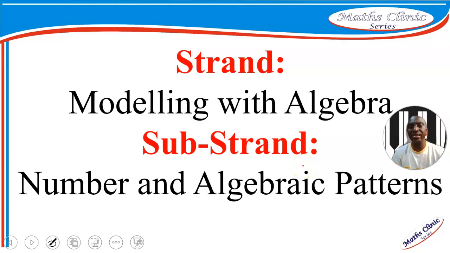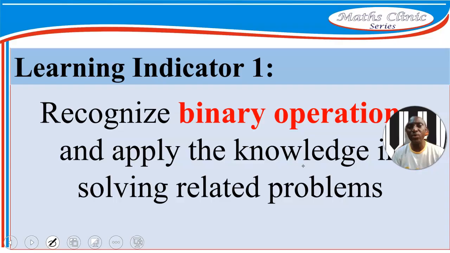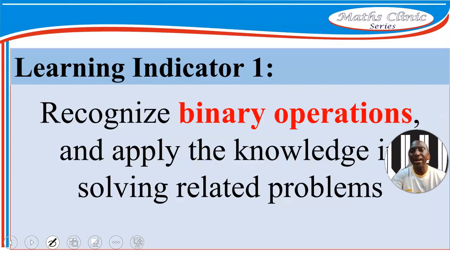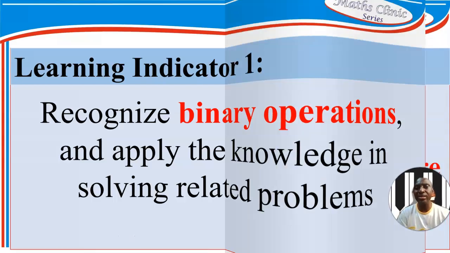In our previous lessons, we were looking at the very indicator binary operation, that is recognizing binary operations and applying the knowledge in solving related problems. In this lesson, we are going to look at indicator number 2. The first two videos talked about indicator number 1, when we looked at the binary operation, the concept of it, what it is about, and then its application. Now in this video number 3, we are looking at